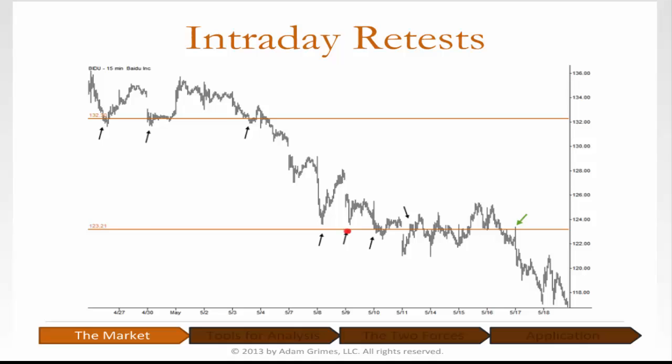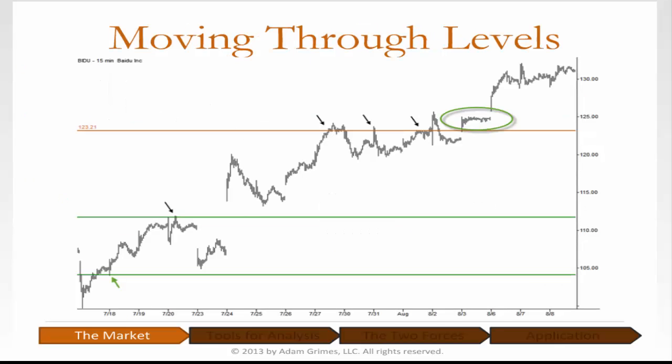Now, those of you who have traded this stock know this is not a clean trading stock, so these are actually pretty clean tests, but they are not perfect to the tick tests. Here we trade around the level a little bit, level is broken. This green arrow at the right side of the chart shows a very common pattern, which is the support level is broken, and then the retest, it holds as resistance, and price sells off. I'm going to move quickly through these slides. Here is another example. The level fails to hold, retest holds almost to the tick. Where does price stop? The next level.